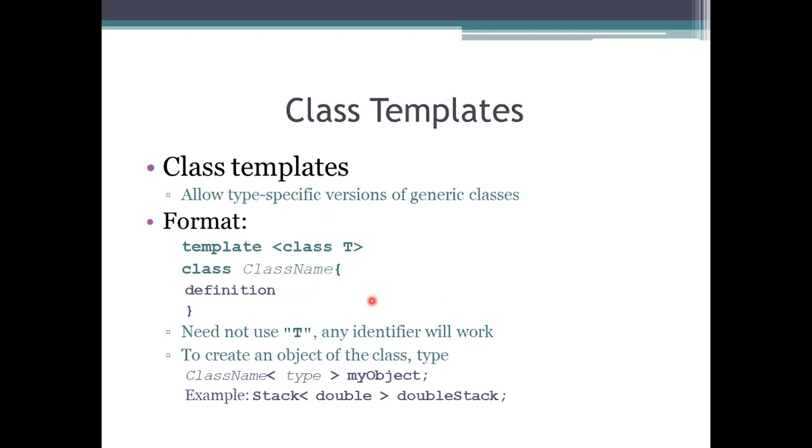So if any data type is used in this class template, we need not specify that this is for the integer, or this is for the double, or this is for the char, like the previous one. In the previous function format, we didn't mention anything there. We just mentioned the method we are processing, and we need to gather only the requirements of that function. We need not specify that this is for this particular data type.